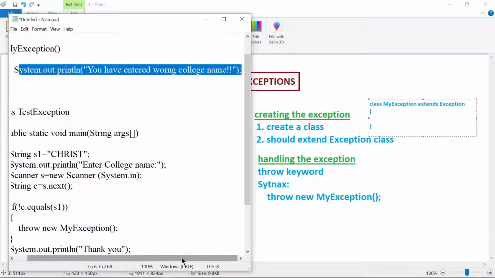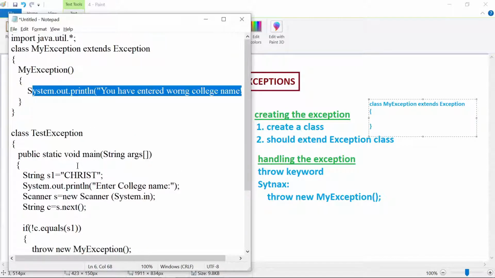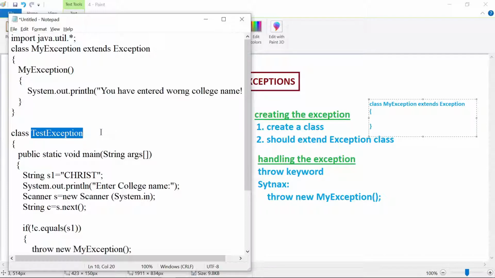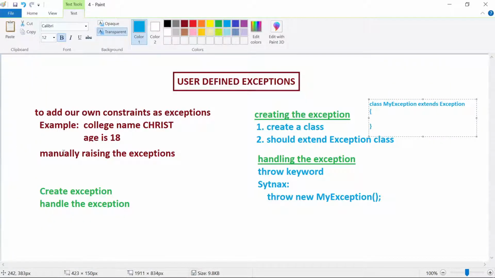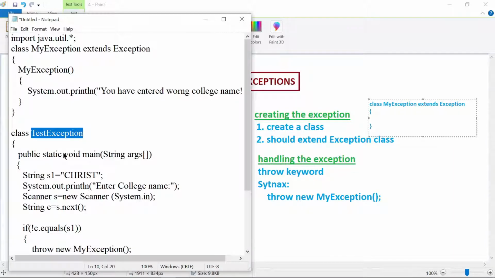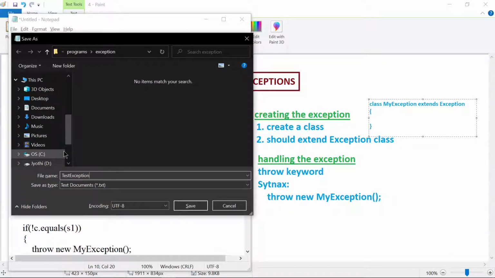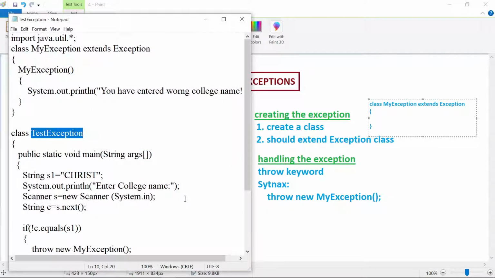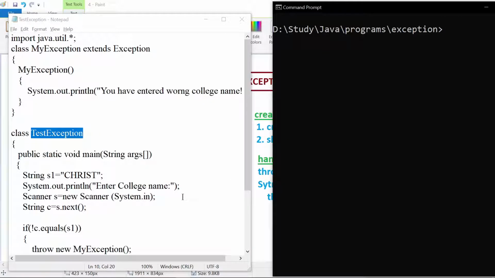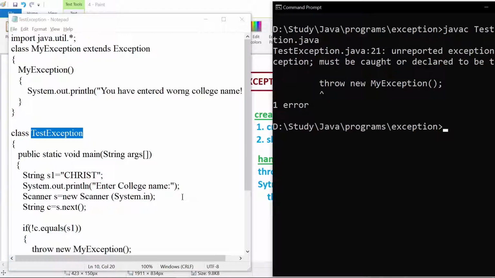Let us run this program, and if any error is displayed, I'll tell you what is the remedy for that. Before that I think we need to save this. So let us run our program. What is our program name? javac TestException.java. Now you see, you got a problem here